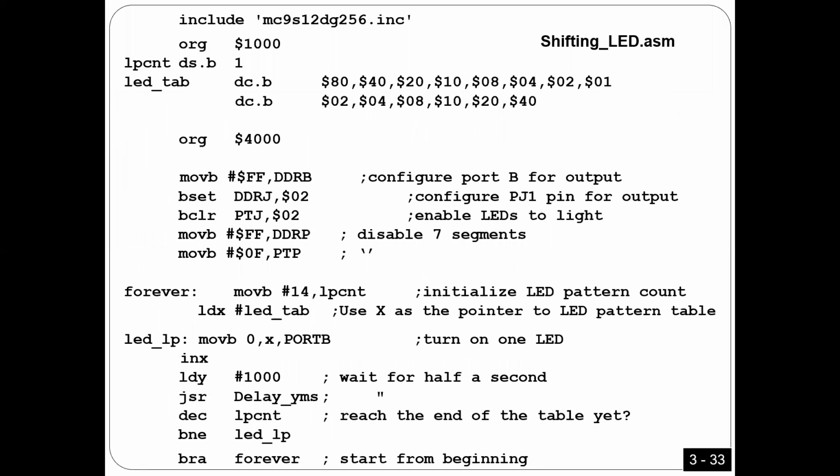Now I'm going to teach another program. Here, I'm also going to use the LEDs. So what I want to do here, guys, is